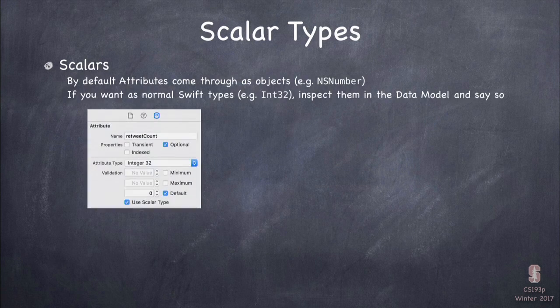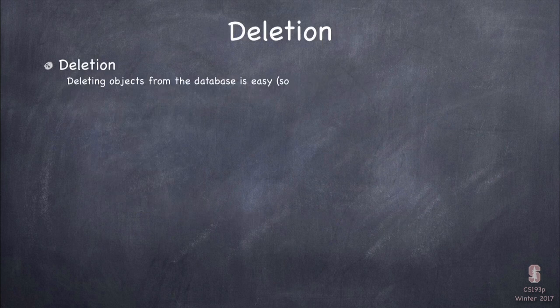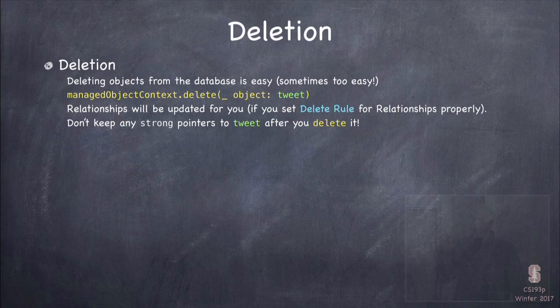All right. Remember I told you about the scalars. This is that switch I was telling you about before. If you had an int, let's say you had retweetCount, which was an Int32 on something, and you don't switch this button, then that's going to be an NSNumber, not an Int32. But when you click this switch on, now that var will be of type Int32. So you almost always want this for numbers. 99.9% of the time you want to have this switch on. Luckily, it's on by default, so you don't even have to think about it much, but just wanted to let you know about it. All right, so now let's talk about deletion.